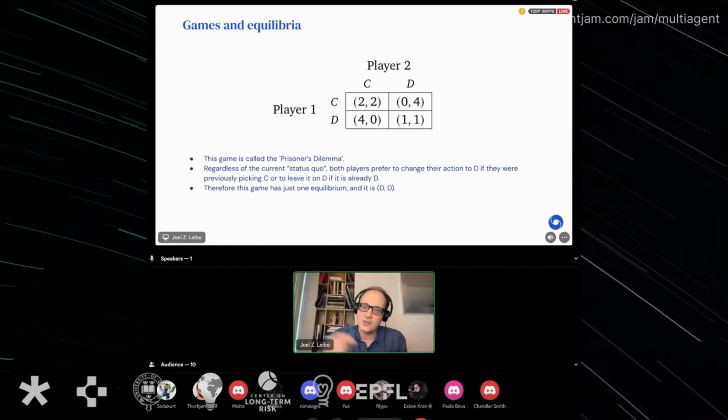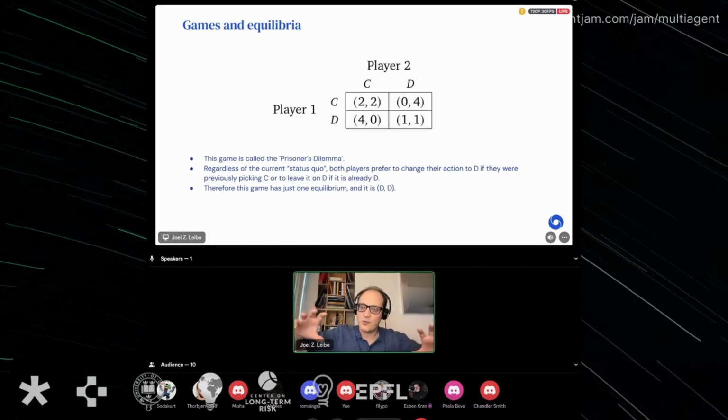Now, if they did that, of course, that means now everyone is playing in the lower left corner, and player 2 will be getting a score of 0. So player 2 could also ask themselves, should I switch to the other action that's available to me, which is to play D? In this case, that would give them a score of 1 when they previously got a 0, and so that would be favored as well. So they should switch. Now you'll end up in the lower right cell where both are playing D. And now everyone's getting a score of 1, whereas previously they were getting a score of 2.